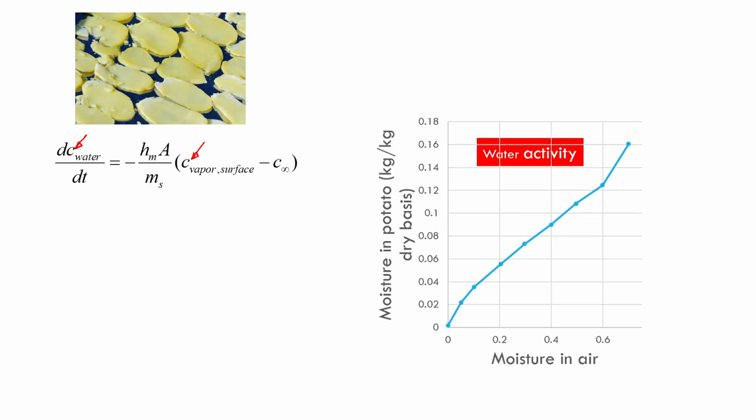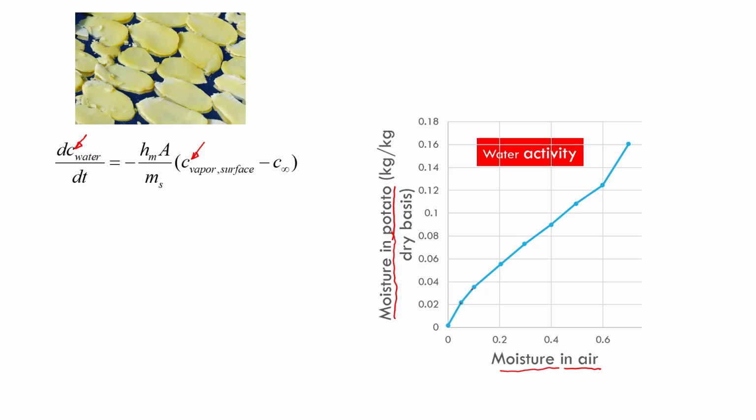How do we do that? We do that through what's called the water activity relationships. These are measured from experiments. You let a slice of potato come to equilibrium with surrounding air, and you get points like this that relate moisture in potato